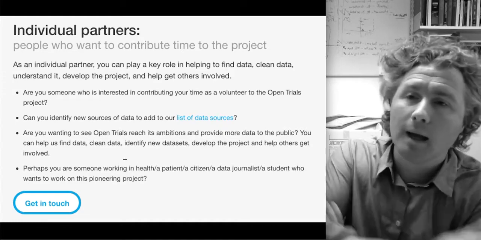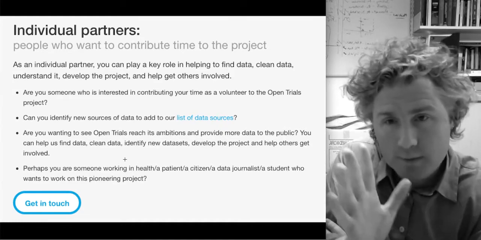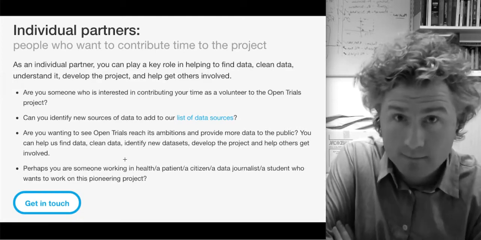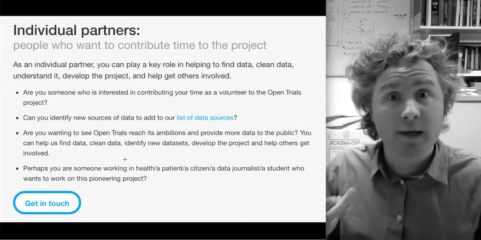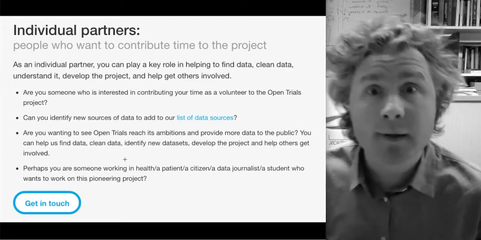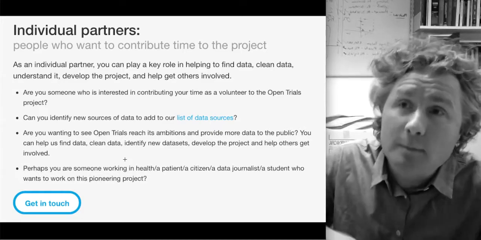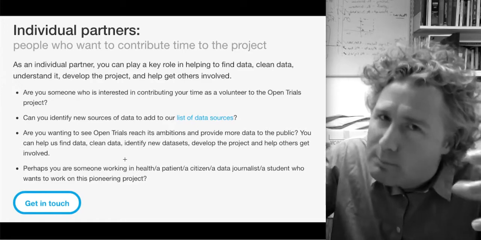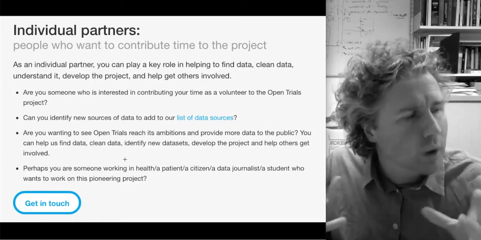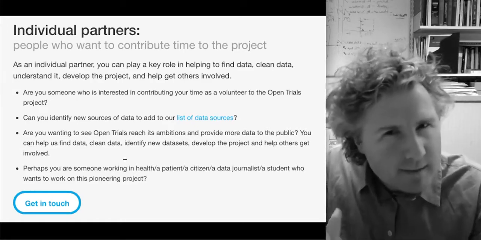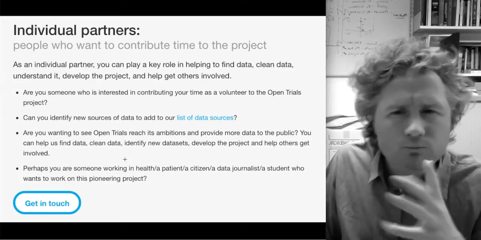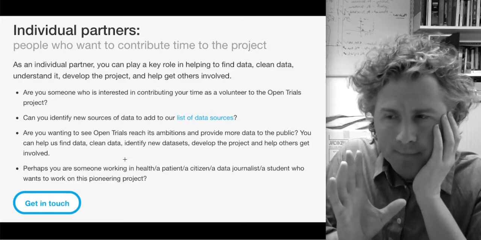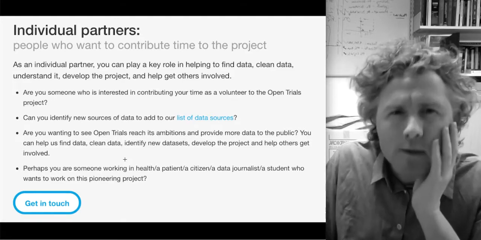Next, individuals. If you want to contribute time as a volunteer, work with us, if you think you've got autonomous funding that will allow you to cover your time on this project, or if you would like to do some other kind of bolt-on modules, oh my goodness, even in an hour I haven't been able to cover everything, but there are lots and lots of extra bits and bobs that can be bolted on, and if you're clueful and you know about this stuff already, then you'll know what I mean, and you'll have your own thoughts, in particular around the kind of record linkage challenges and stuff like that.